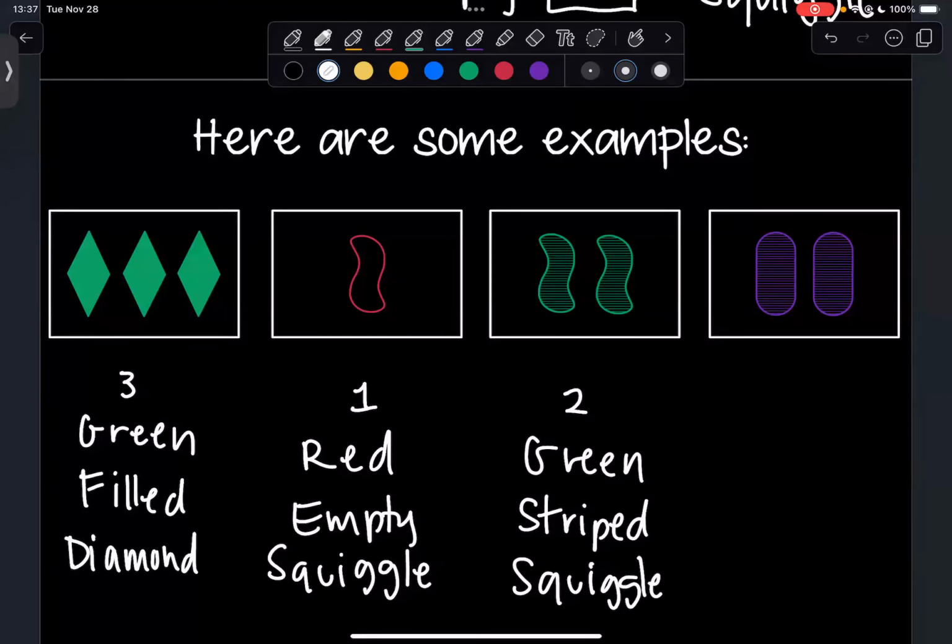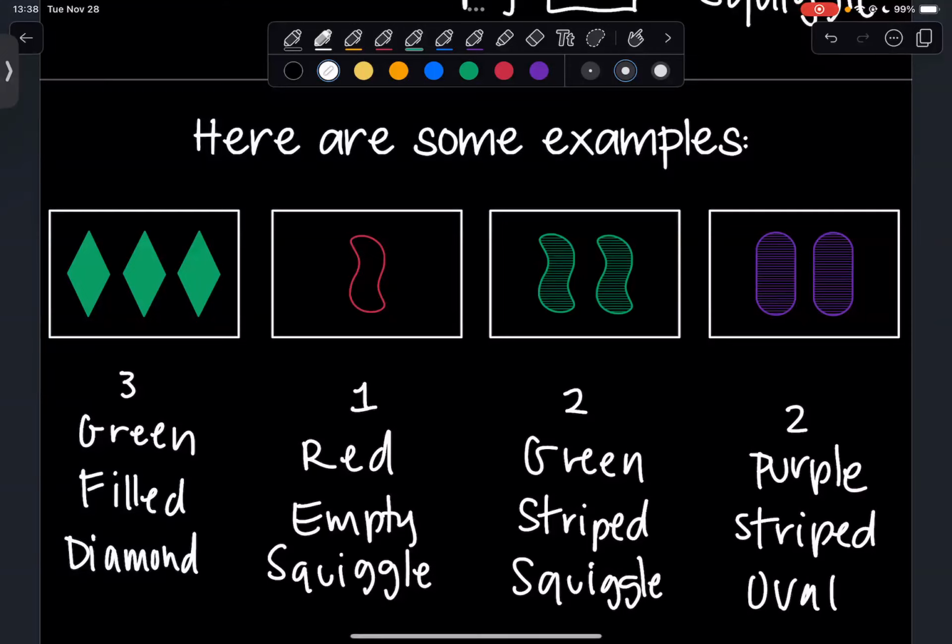Okay, and can you guys tell me the attributes for this last one? 2 purple striped. And I guess we didn't say the shape yet, but this is going to be our oval, right? It's not exactly an oval, but that's the closest thing that we do have to it because the sides are straight here. Okay.